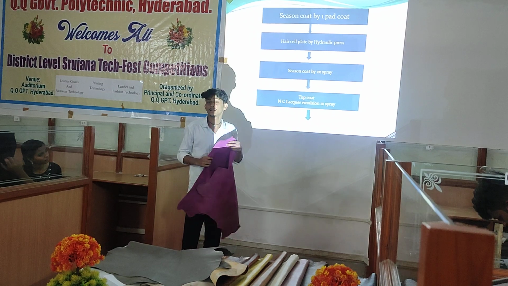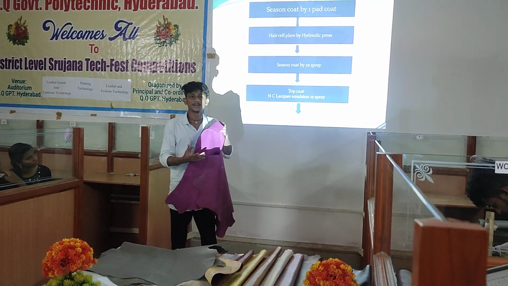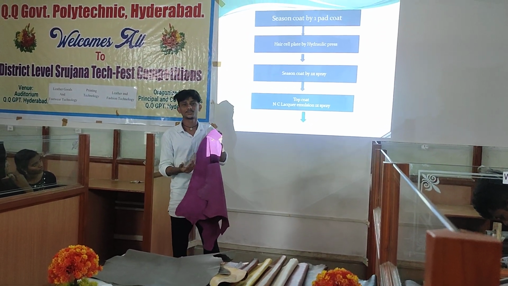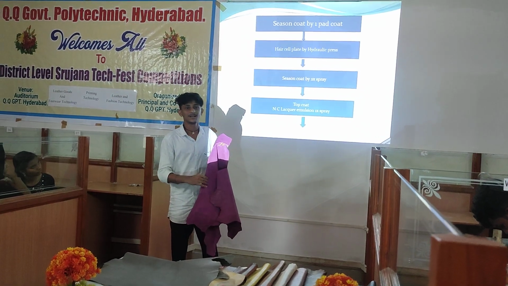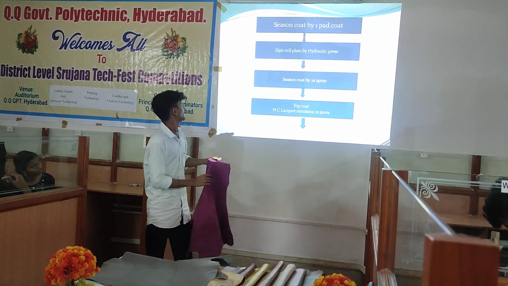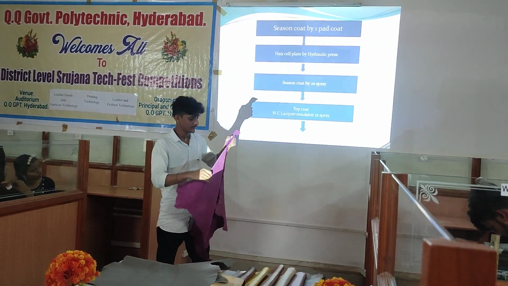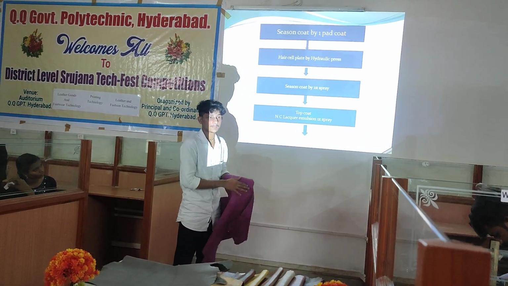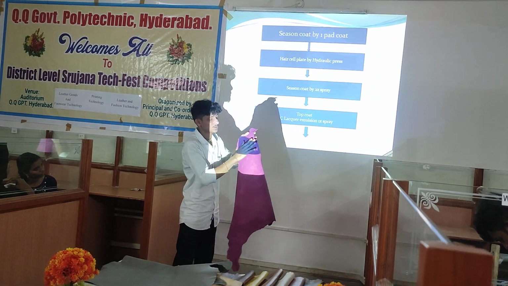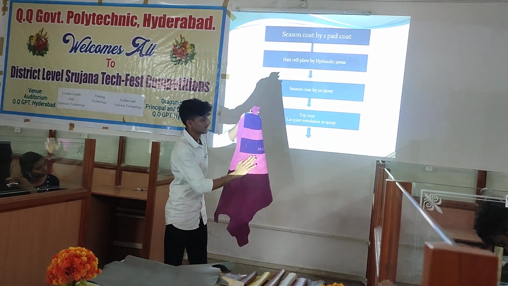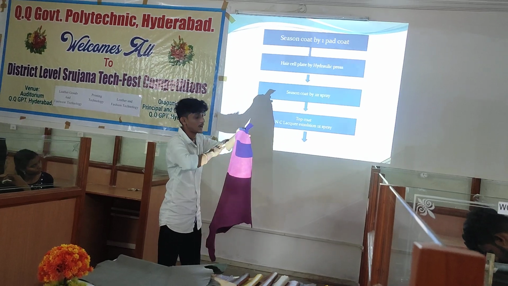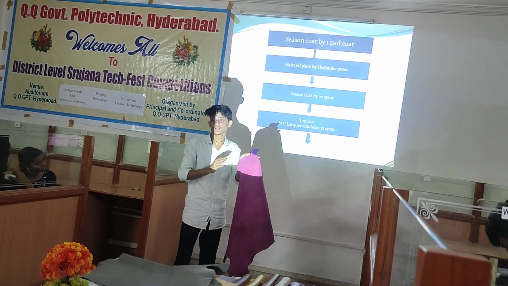Season coat is prepared from chemicals like pigments, dissolution, wax emulsion, TRO, fillers. These chemicals are used in the season. After making the season, we have to apply it on the pad coat by 2 cross coats. This is a cross coat section. Next, we apply on the opposite side like this. These are the cross coats.